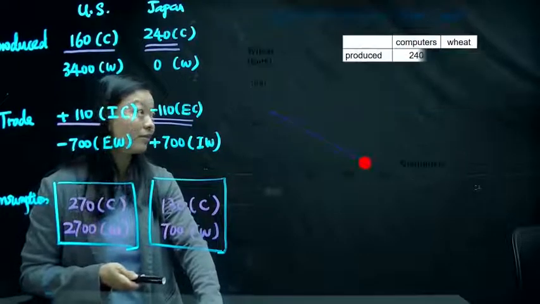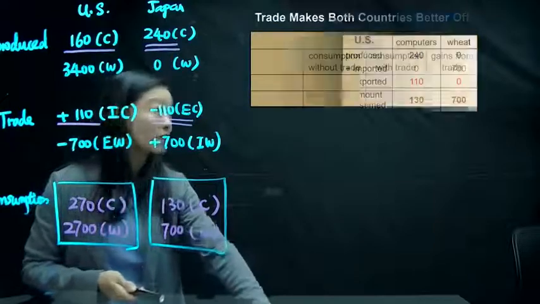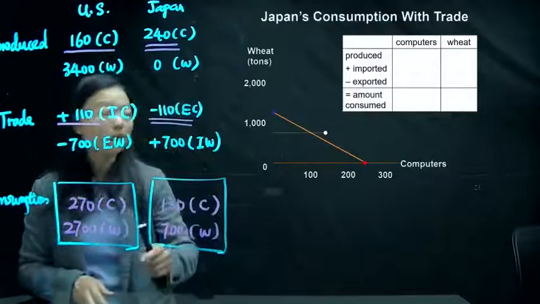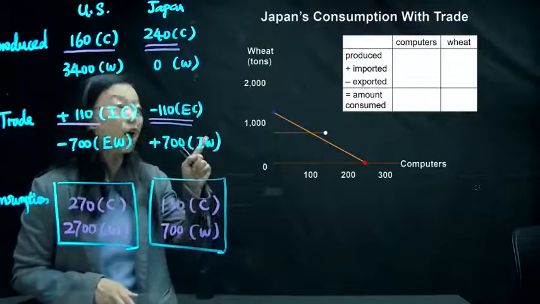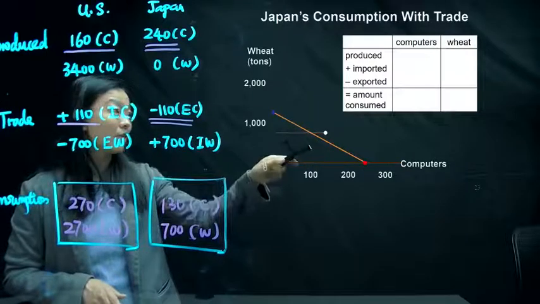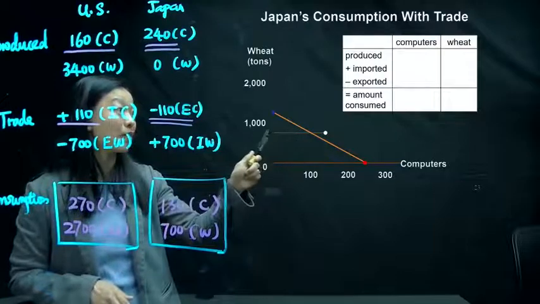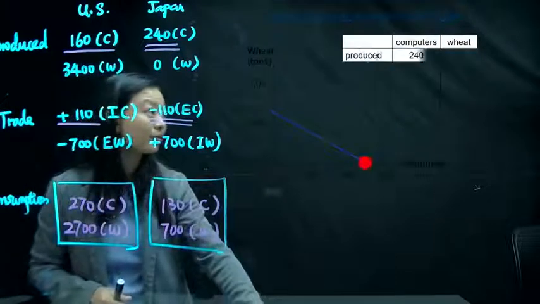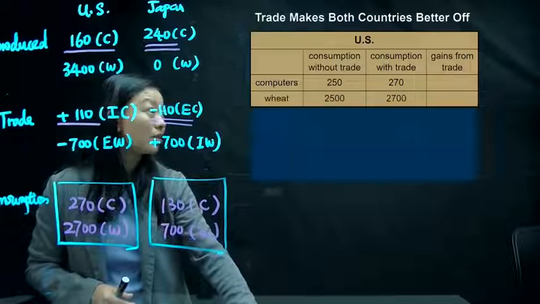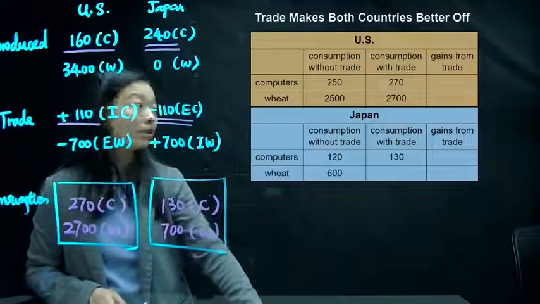For Japan, you can notice it will also consume at a point outside of the PPF. Look at Japan's PPF. After the exports and imports are involved, it will consume at a point outside the PPF. So this is the gains from trade. You can see